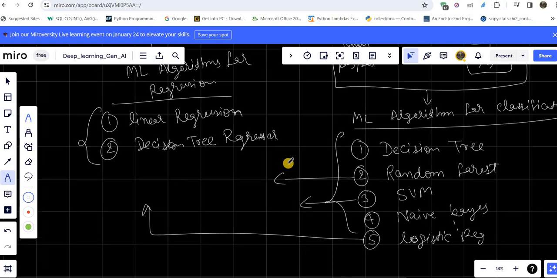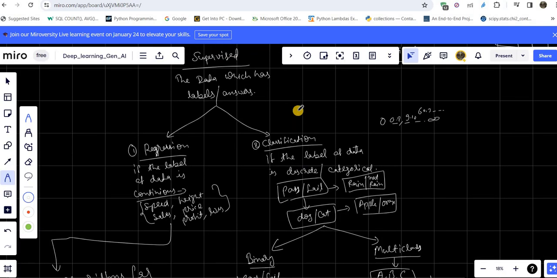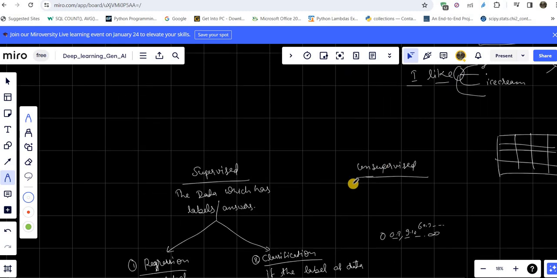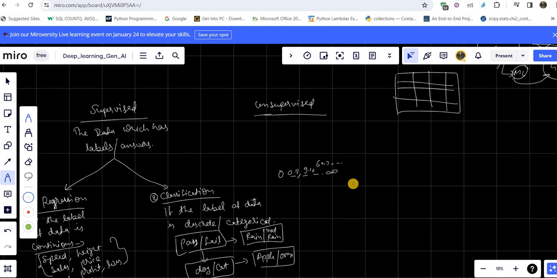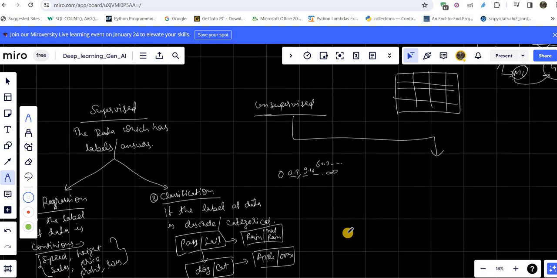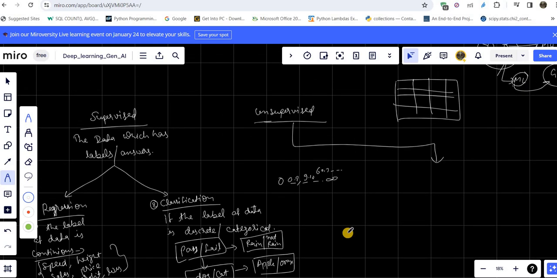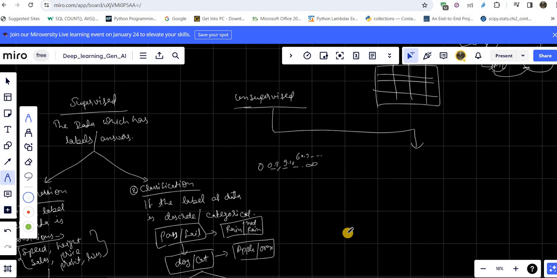Okay, so the one part which I had left here, if you have noticed, is unsupervised. What does unsupervised mean? Data which doesn't have any label. Let us suppose here we had all the information for student data, whether a student will pass or fail, or house data on the given input. Now let me tell you about an unsupervised problem, which is one of the best use cases in machine learning algorithms and in the AI industry.